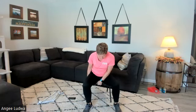And when we get to standing. Okay. So next thing, sit to stand. We're going to do 10 sit to stands. If you want to go to standing with us, stay standing on number 10. So if you want to practice sit to stand, scoot forward to the edge of your